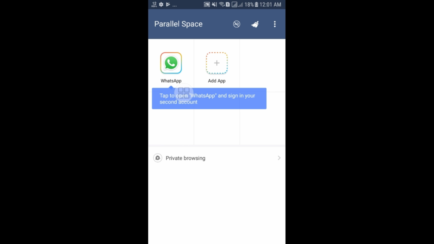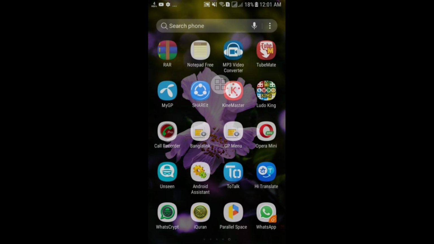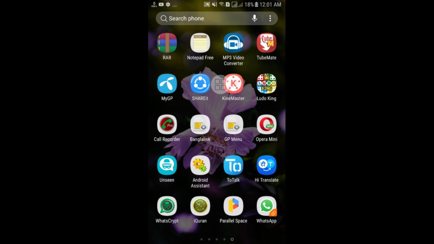And here you can see the WhatsApp, and there is one problem with Parallel Space. Let me show you. If you use the first way, you can use the WhatsApp on the home screen or in the app icons or in the app store. But if you use Parallel Space to create the WhatsApp, then if you want to use the WhatsApp, you will have to go to Parallel Space and go to the WhatsApp option,